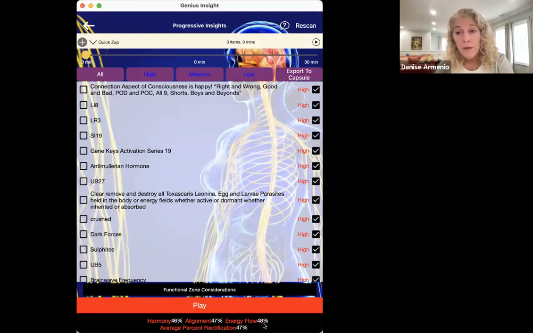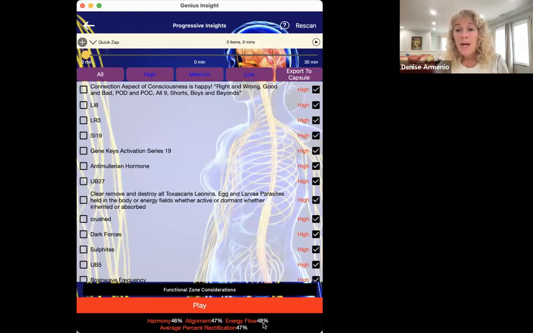These are the run times I will start with in any session. The only difference between now and the training session is if I wasn't getting above a 40 average percent rectification, I would run them longer or tweak them to try to get higher percent rectifications. But as long as I'm reaching them, I do start with the 1 minute for all, and then I break it down to 30 seconds to give quick bursts for change. I don't generally run